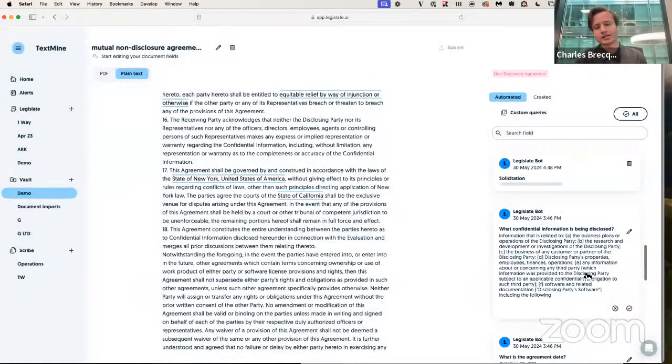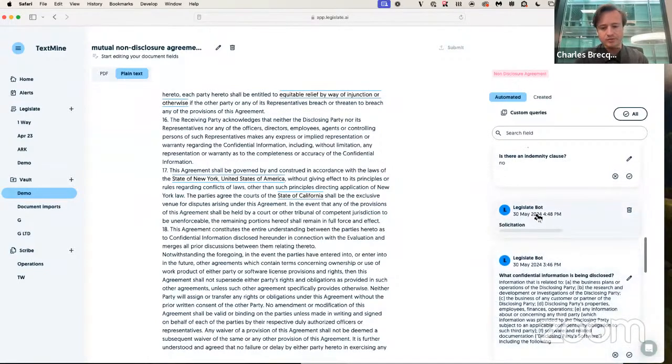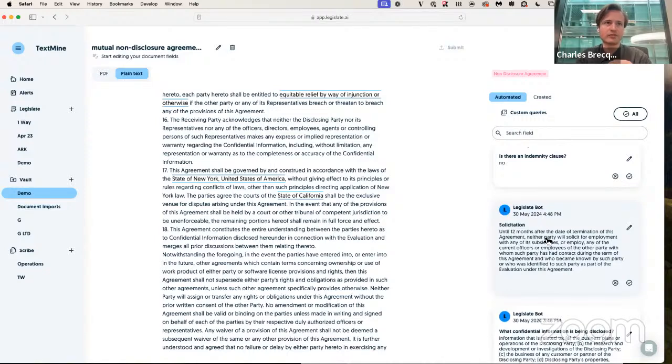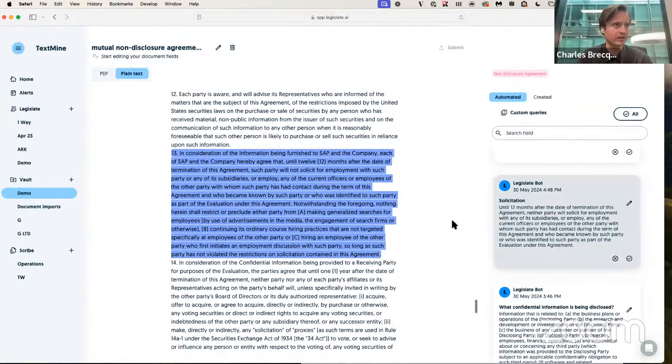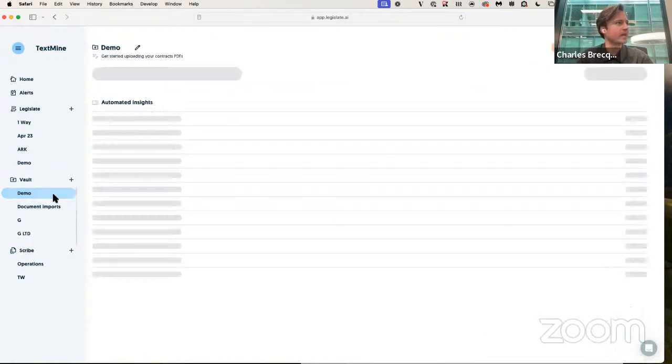And this will then submit that individual tag to the model, which means that, for example, if your team has a checklist when reviewing documents, you can submit them to the model so that you can truly enhance your workflow. And here we can see that it's correctly identified the rules around soliciting the other side's employees and clients, for example. So that's for an NDA.